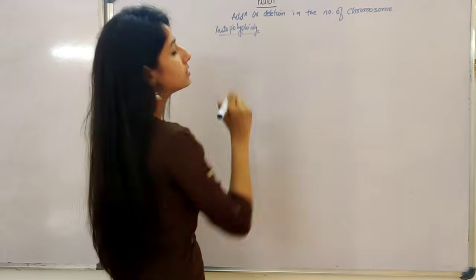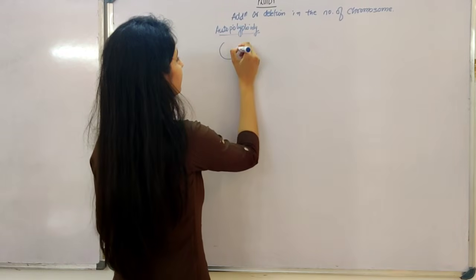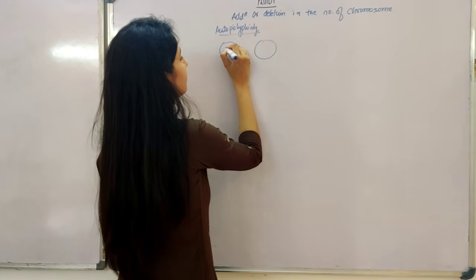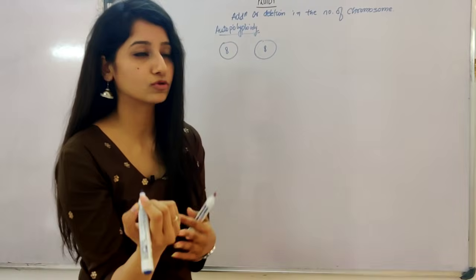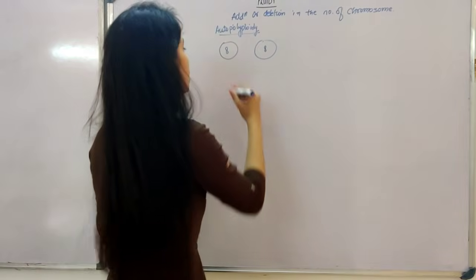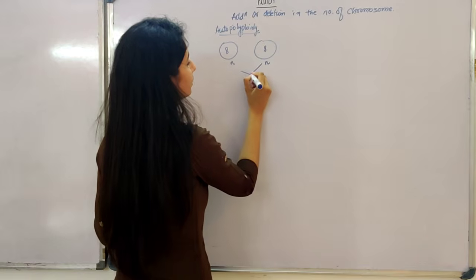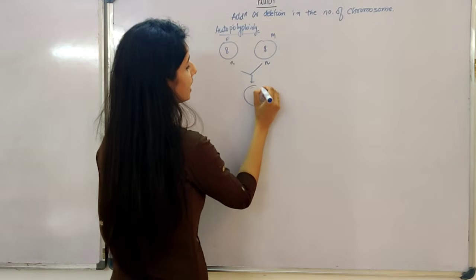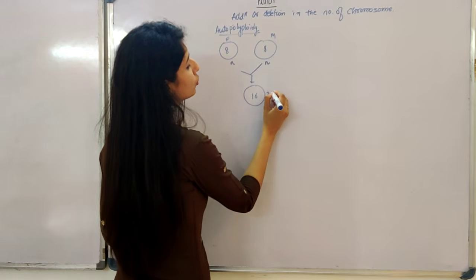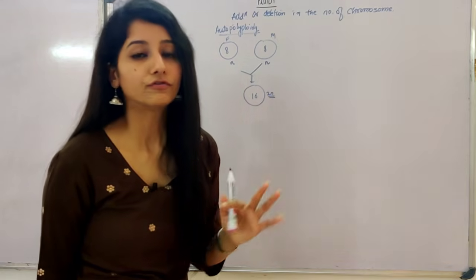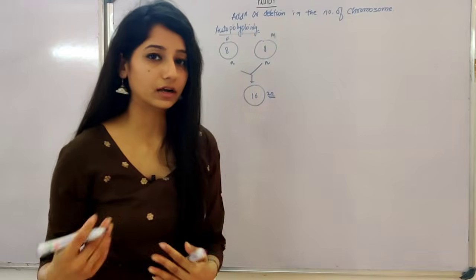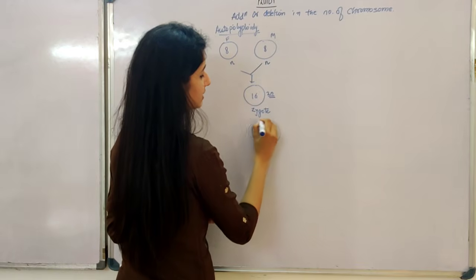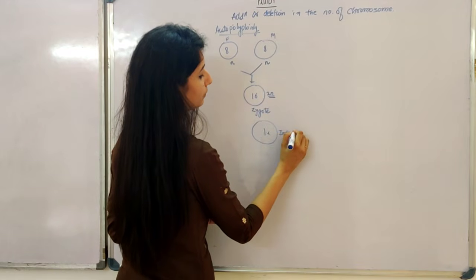If we look at this, for example, if we take two cells from two different parents, one contains, for example, 8 and the other also contains 8 chromosomes. Here 8 is denoting the chromosome number. So these are the gametes. One is coming from the father and one from the mother. Fertilization will occur and a zygote with 16 chromosomes will be formed. Okay, this is the normal condition. Now this zygote will develop into an individual.